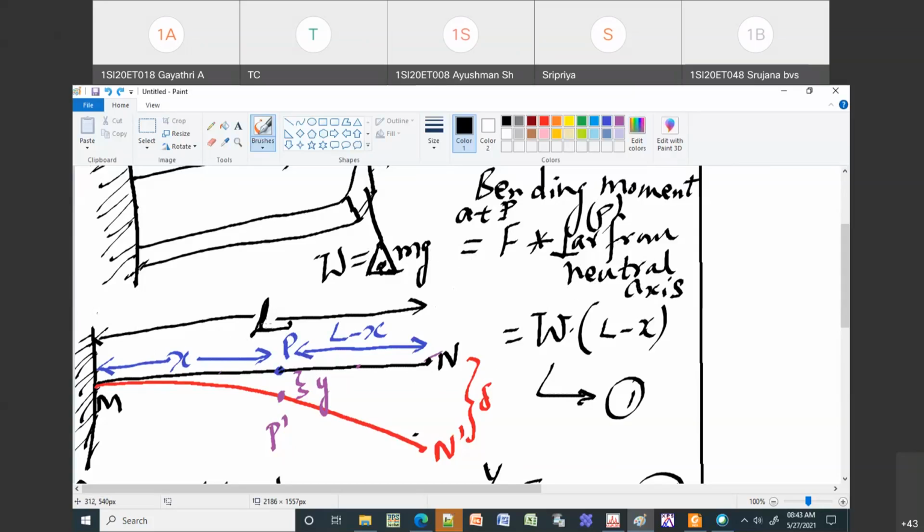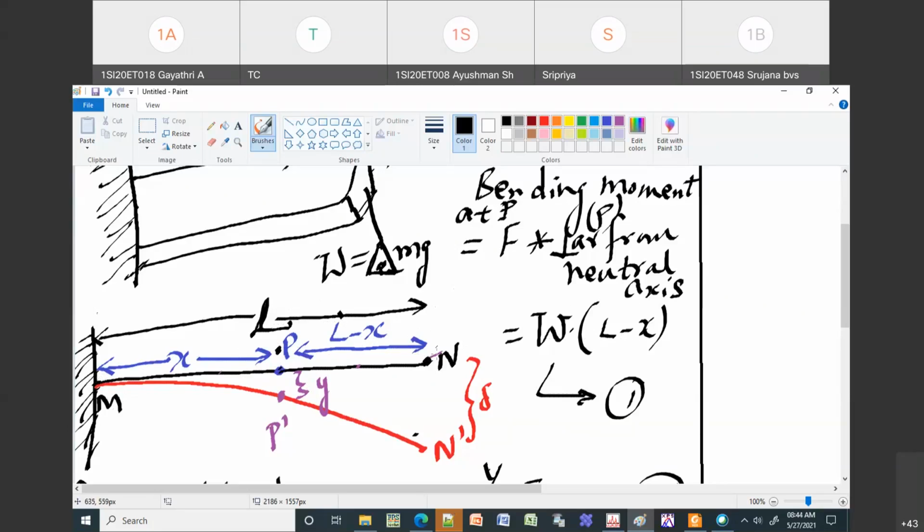So what is the distance of P from the neutral axis? Let us assume P is somewhere above the axis. There are so many layers above this neutral axis and also below it. In case P is above the neutral axis, you should always take the reference with respect to N, not M, because M is not going to move. It is not going to change its position. It is like a fixed position. That is why we take this distance as L minus X. Sometimes you may ask why not X, why L minus X? The reason is M is completely fixed, so we cannot consider that as a reference point.